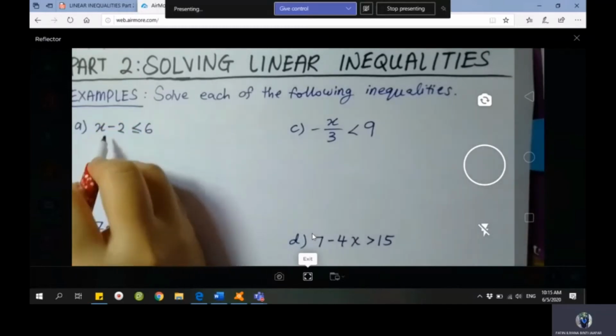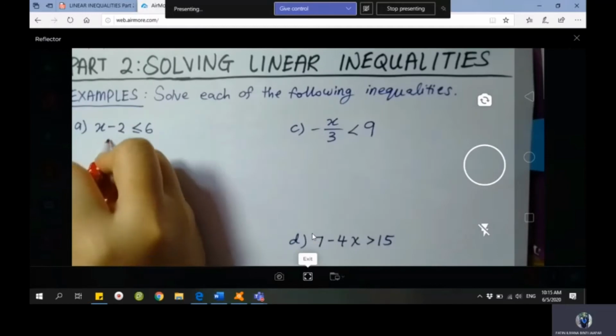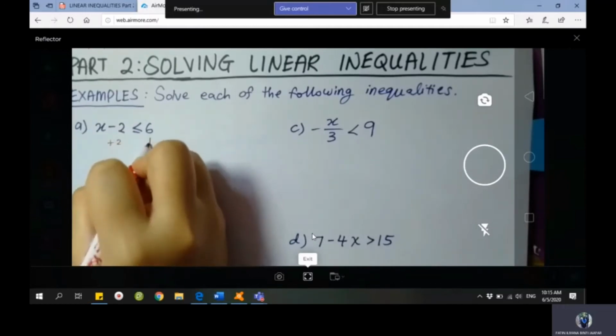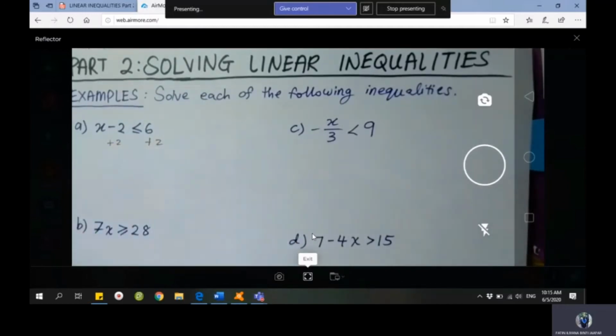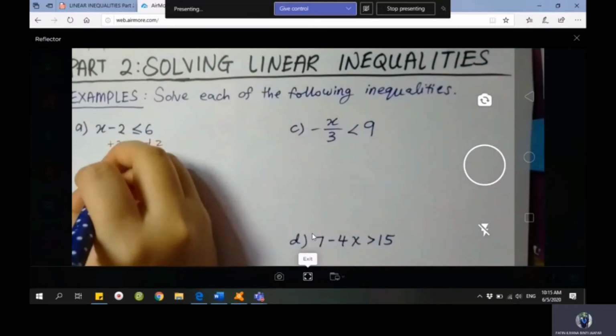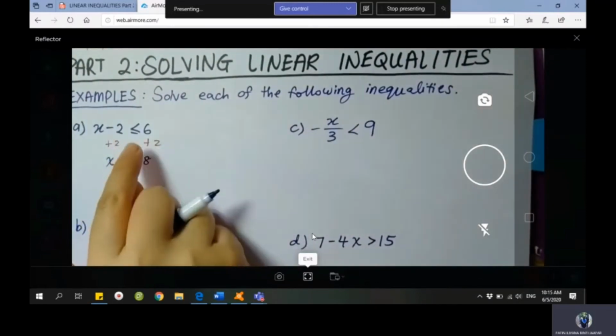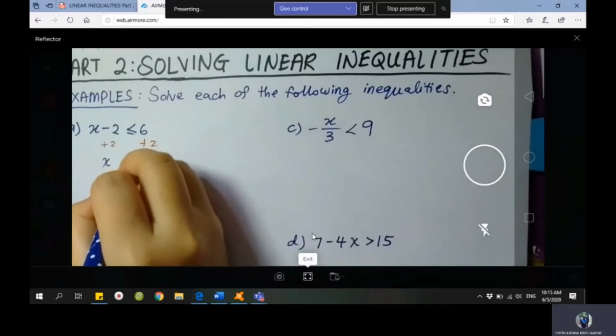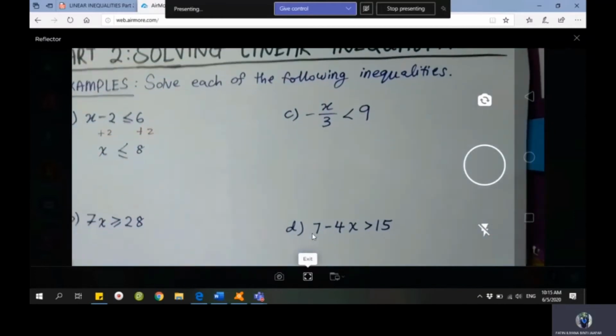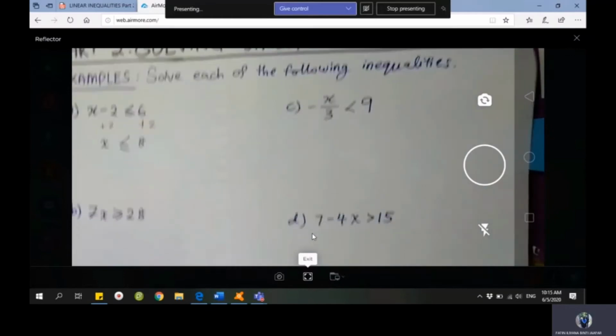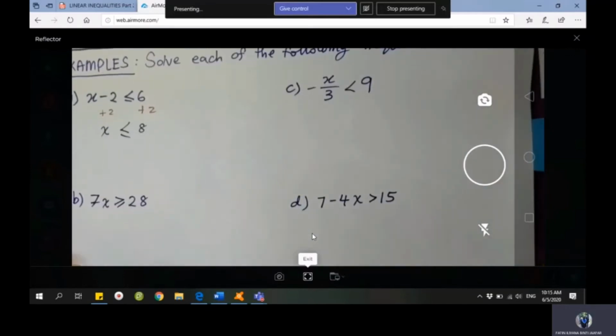So we have to do the opposite. Plus 2 here, this side pun we will plus 2. Okay, so akan dapat x. Okay, this one 6 plus 2 akan dapat 8. So this sign akan stay sahaja. Okay, dia sama macam sign, equal sign. Okay. Next, for B, 7x more than or equal